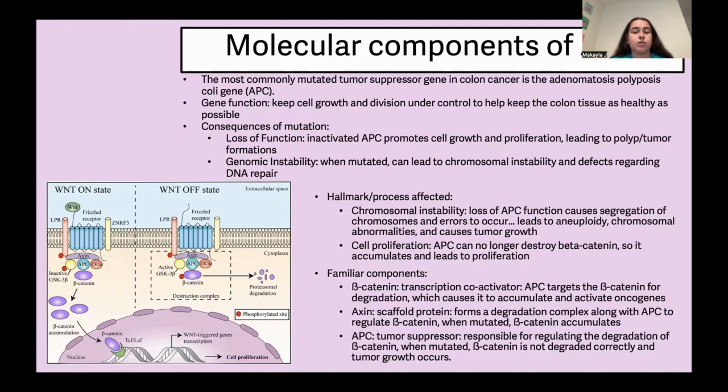Axin is a scaffolding protein, and it forms a degradation complex along with APC and GSK3 beta to regulate the beta-catenin. When this process is interrupted, beta-catenin accumulates, and this is just part of the process. There's a number of other components in this pathway, including cyclin D1, MYC, GSK3 beta, and the image here depicts